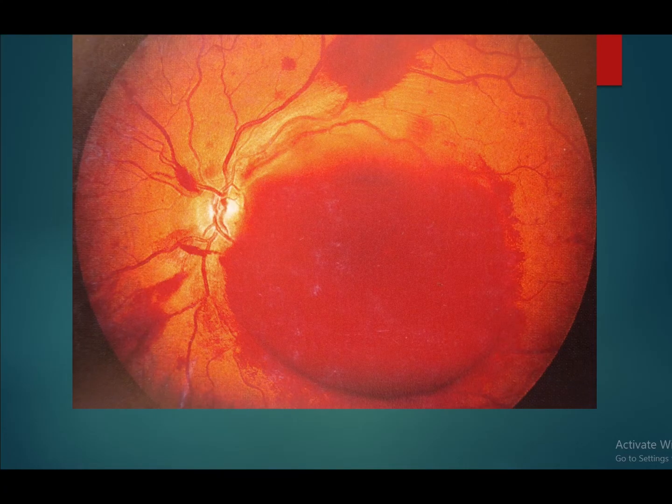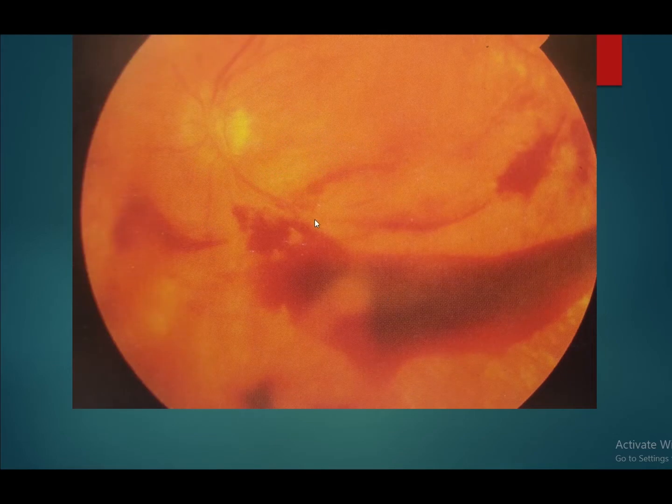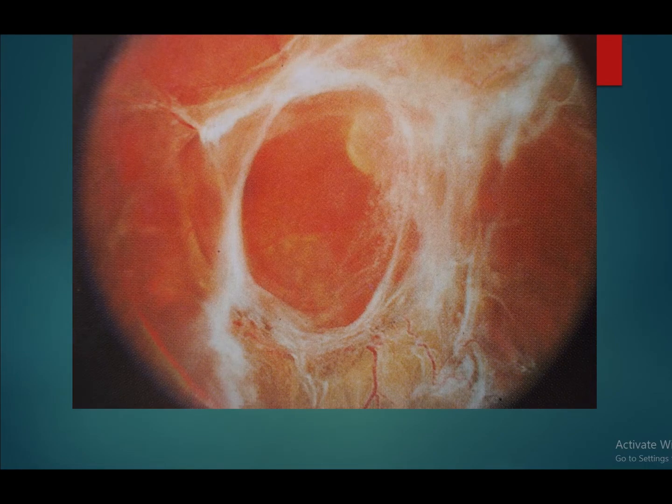So this is a vitreous gel. You can see the vitreous hemorrhage in the gel, and it has a clotted appearance. It is in a gel form and a clotted appearance. This is a boat-shaped hemorrhage. This is a pre-retinal hemorrhage. Look at the boat shape. There is an upper horizontal layer because of the blood seeping down. So this is tractional retinal detachment because of the fibrovascular proliferation. So you can see the detached retina.